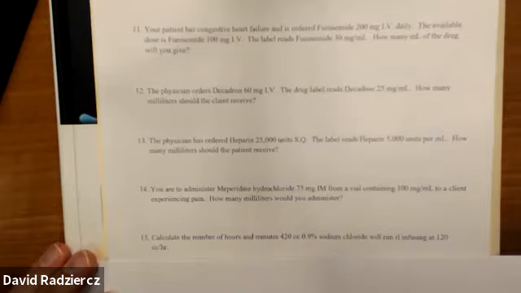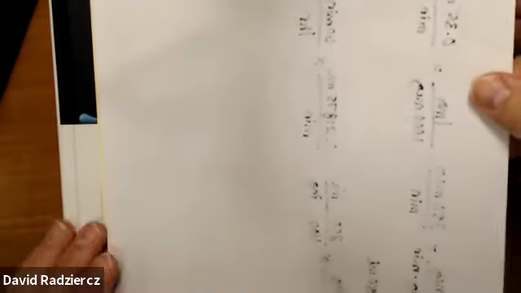15, and then 21 and 22. You got it. All right, so 15. It says calculate the number of hours and minutes that 420 cc's will run if infusing at 120 cc's per hour. Okay, so when we're doing this sort of question,